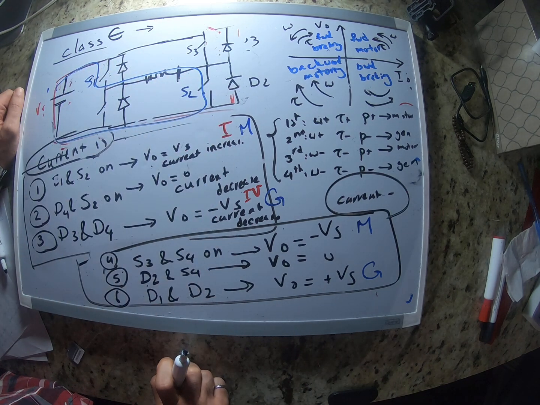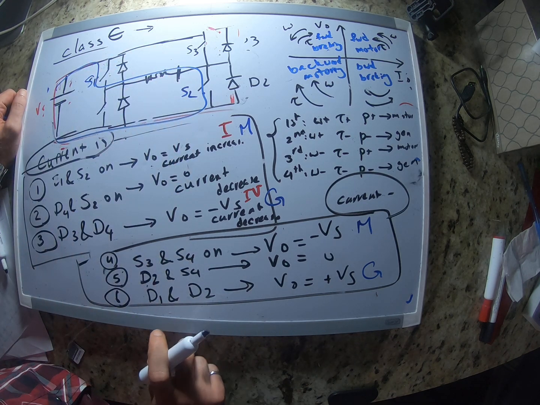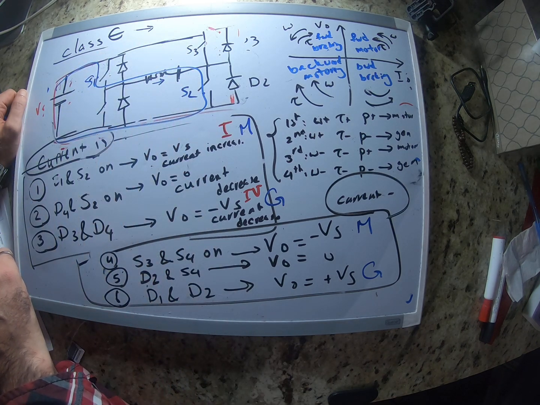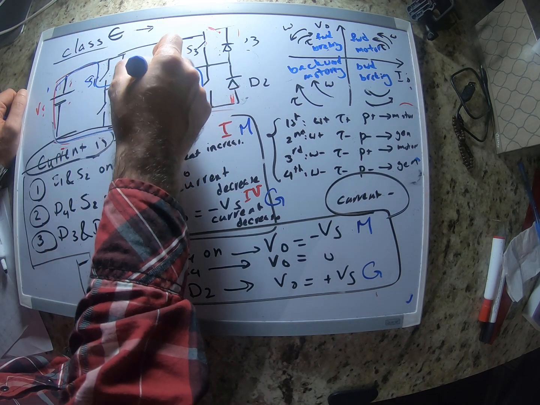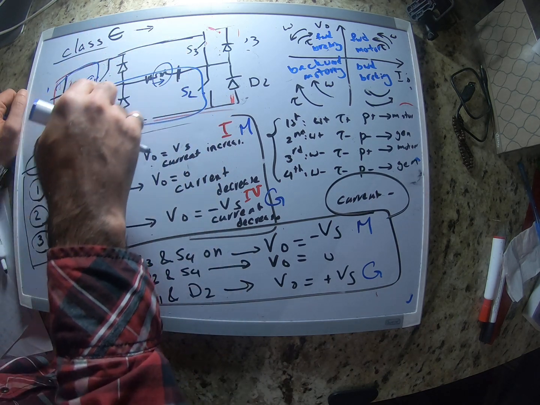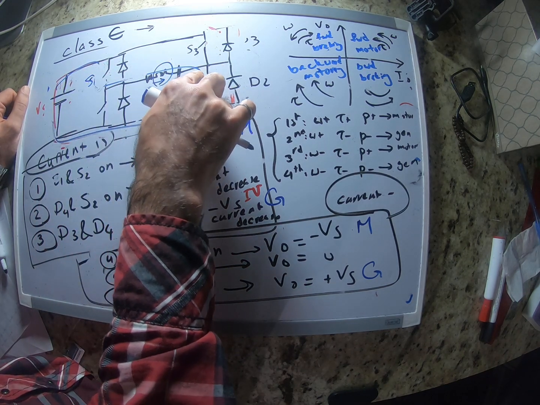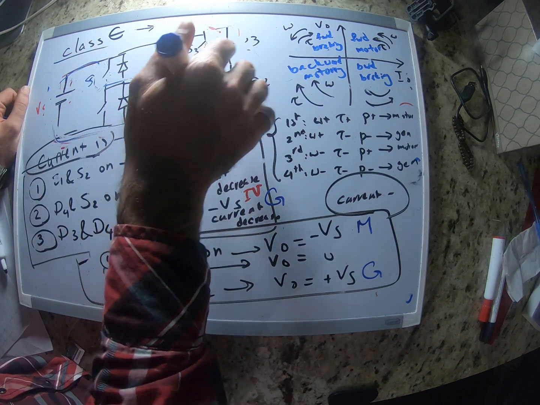We are storing some energy here. But let's say the current that goes through the inductor is not that much, and the voltage across this is not that much either. Let's say the speed is very low, so it doesn't generate that much voltage. And if you just go directly from this state to this